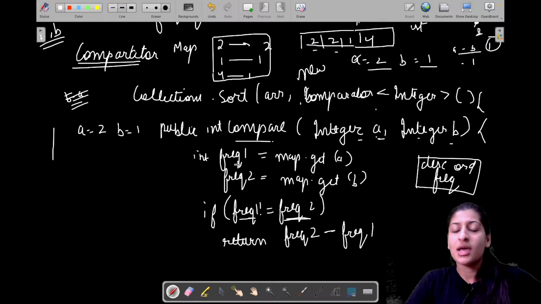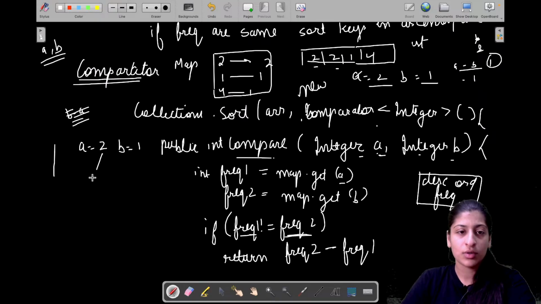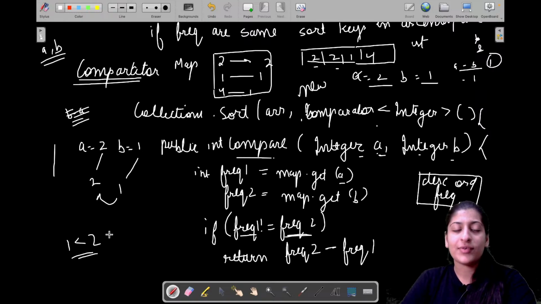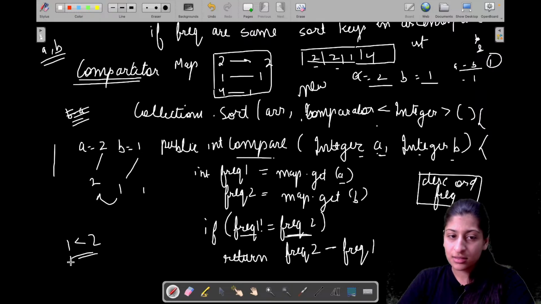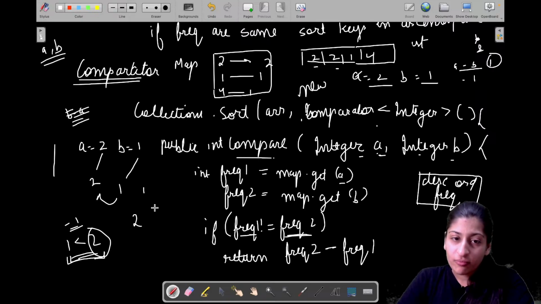Let's say frequency 1 is the value corresponding to the first input and this is corresponding to the second input. If I reverse the order of these values, the output of this compare function would be this: frequency of 2 was 2, frequency of 1 was 1. I compared 1 with 2. 1 is less than 2. Ideally, it should have sorted on the basis of this comparison. But we are not passing frequency 1 minus frequency 2. We are returning the opposite. So what the lambda function will assume is that since this value is negative, my 2 should come before 1,